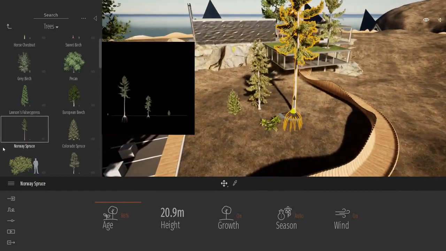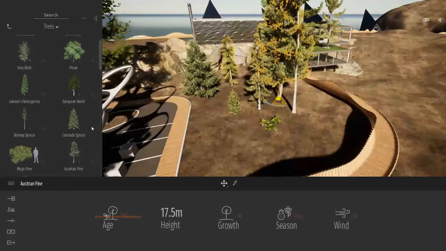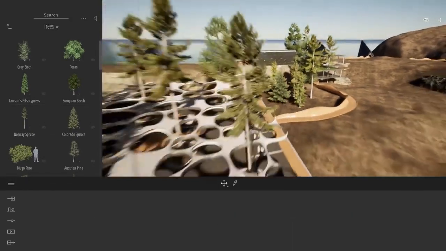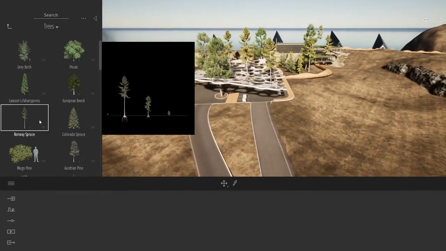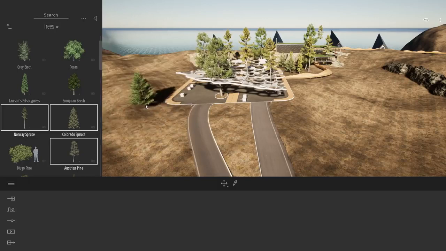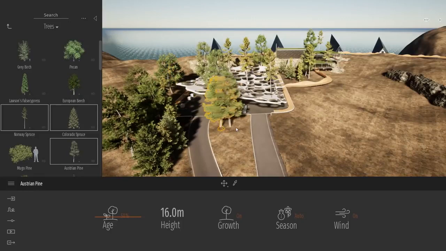So how to add vegetation to Twinmotion? The first way is just basic drag and drop. It's time consuming, but it gets the job done. The second way is with the multi-drop. For the multi-drop, you select a tree, you hold the control key, you select multiple trees, and now each time I click in the viewport, I can add multiple objects pretty quickly.